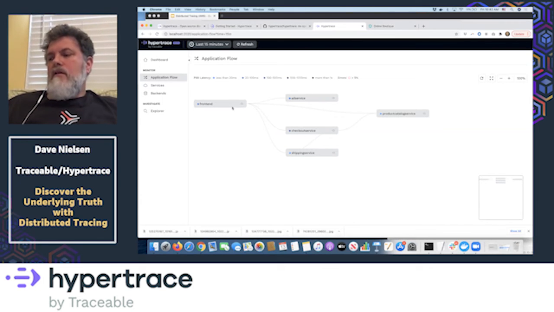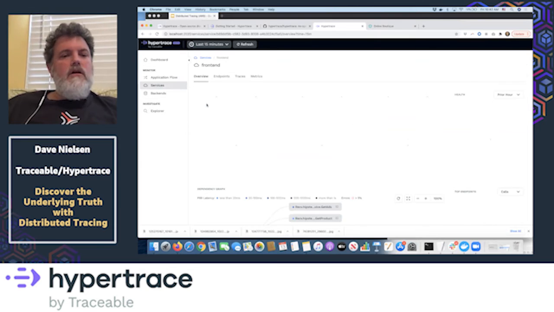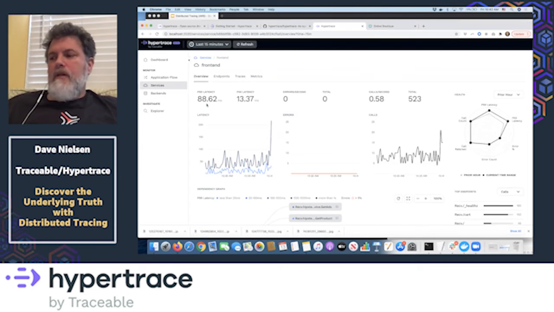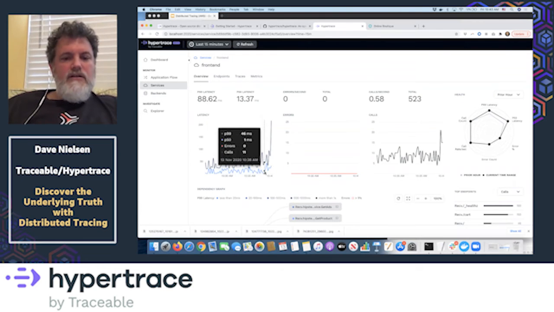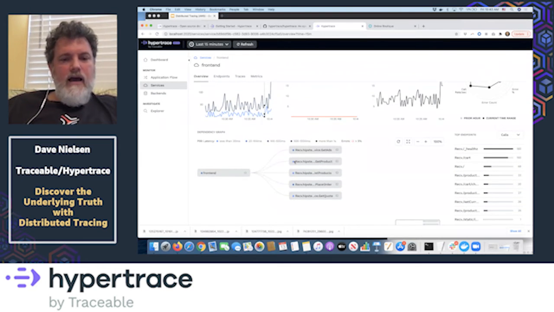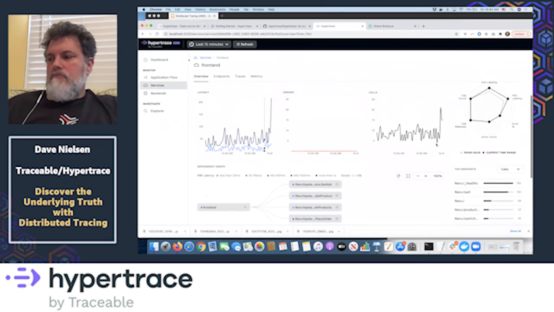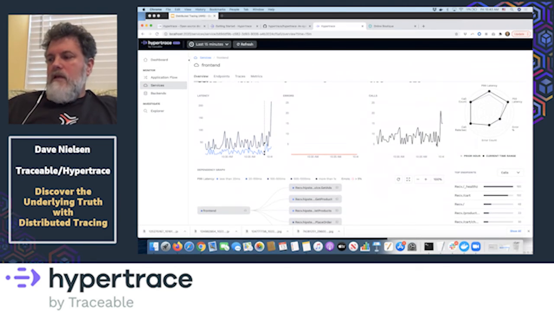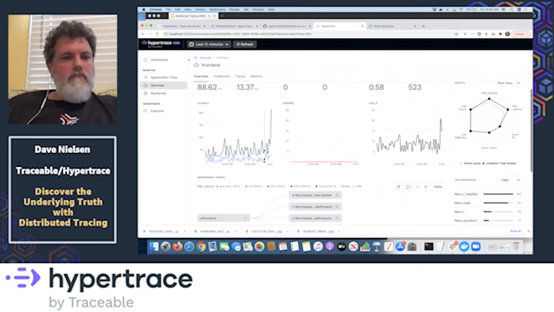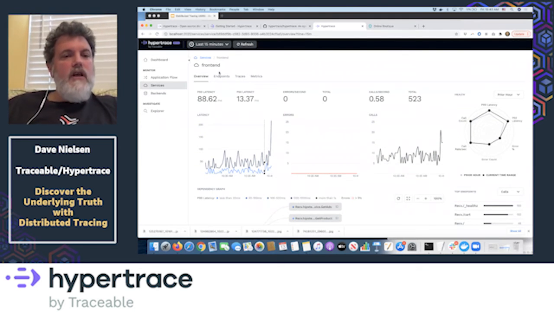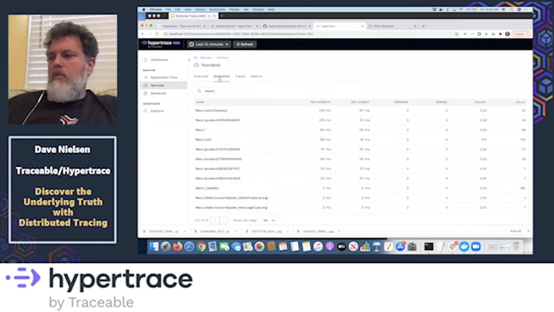Okay, so let's go click on a trace. Let's click on the front end. And now what's happening here is if you click on this particular service, you can see how this service is doing. You get a nice diagram of all the services that it's calling. You can see its top endpoints, other information, latency about that overall service. You can also see the endpoints within it. So if I click on endpoints here,